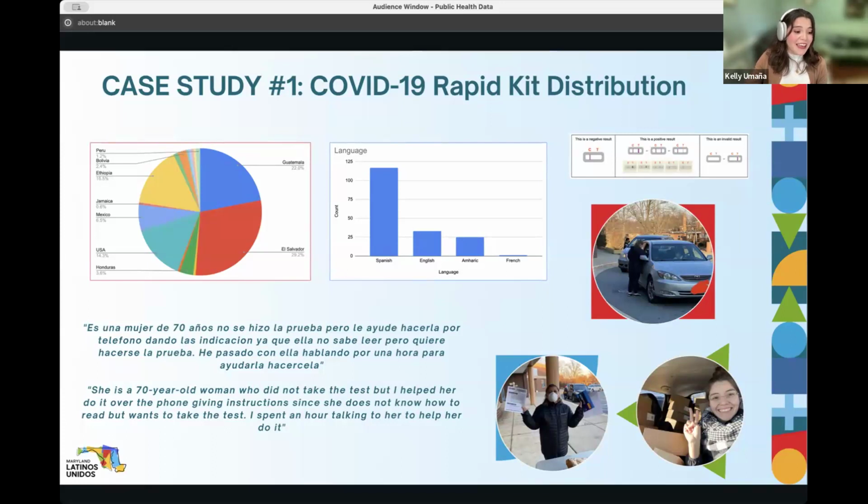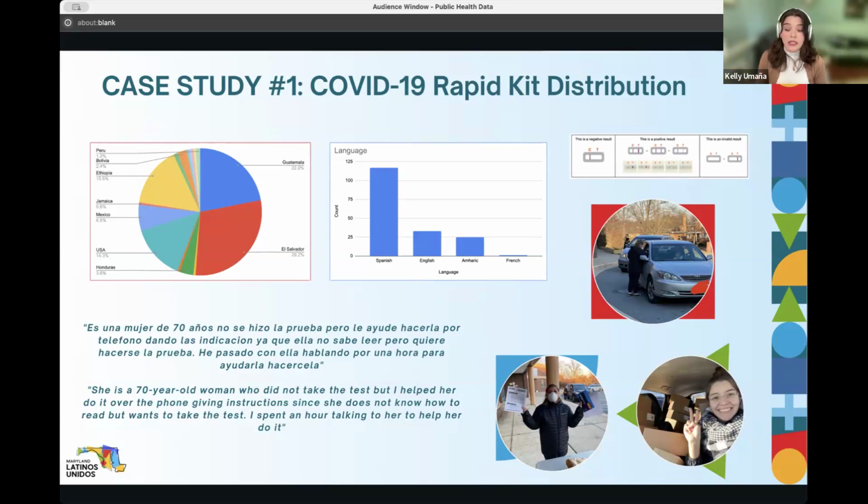But at the same time, because these COVID-19 kits were coming, people weren't going to clinics or these sites to get tested for COVID-19, which is what the state health department and local health departments were using as data to showcase how many people were testing positive or negative. And so when they tested positive, they would not report this information to their state health departments.